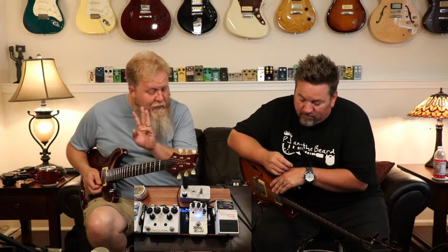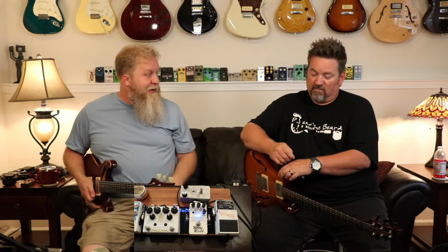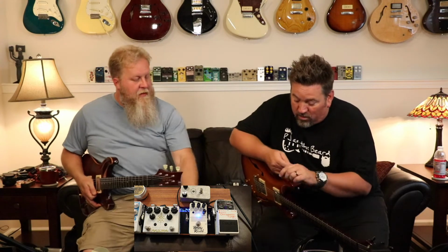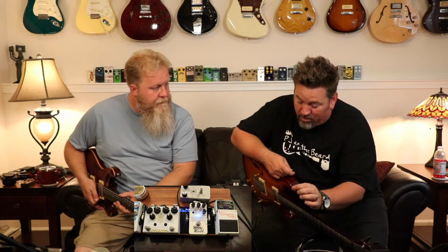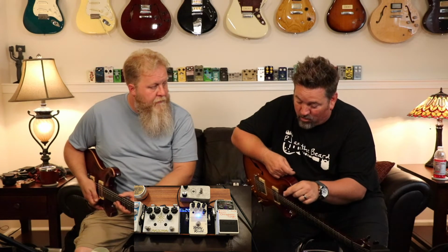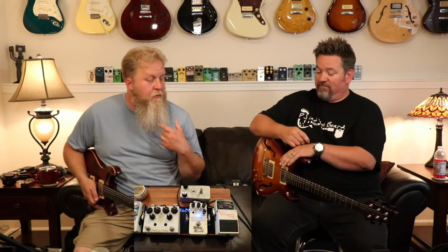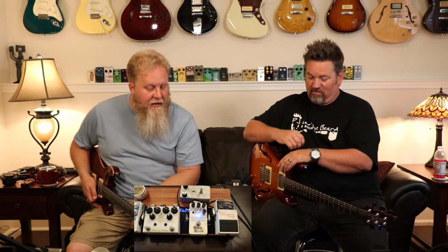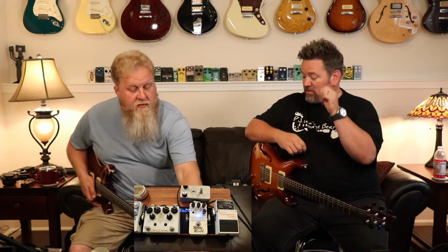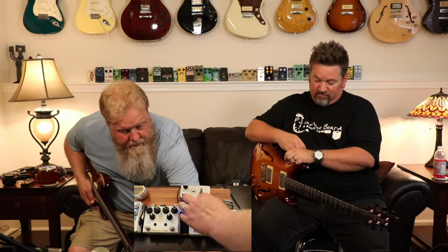So what do we have? We have three different rotary sounds. I'm going to have to look at the pedal. The toggle switch is flipped up right now, which is reverb and vibrato. The middle position is reverb and chorus. And the bottom is reverb and rotary. The one that I'm interested in the most is probably the rotary, but we'll start on vibrato. So what do you think? Maybe go 50% on both? That's what we like to do. Maybe I'll play some chords and you can...